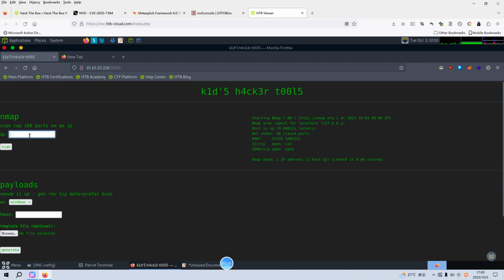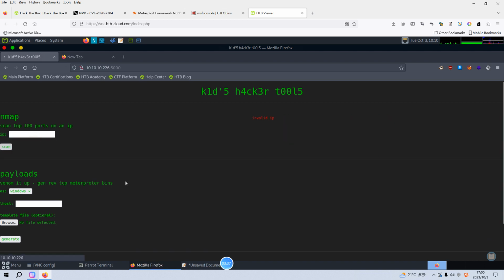Maybe immediately I think this may have a command injection vulnerability, and we can check that with a semicolon and id. Invalid IP. Of course, you can check other ways to bypass, for example like this one, id, but all